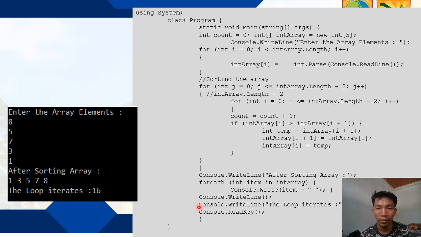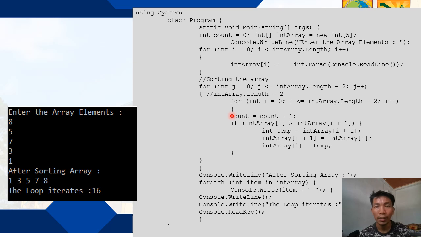And the next statement says the loop iterates in 16 counts. So, where does the 16 counts come from? Well, we have a count used within the sorting part of our program, performing the steps that we did in the last 4 slides I presented.